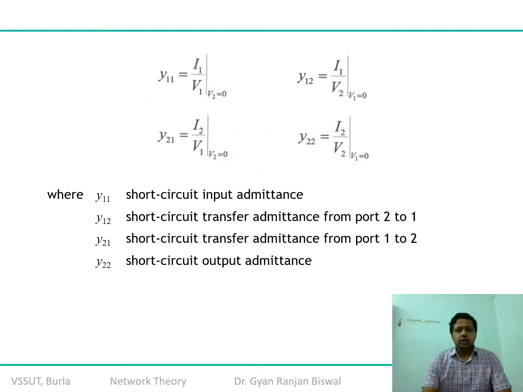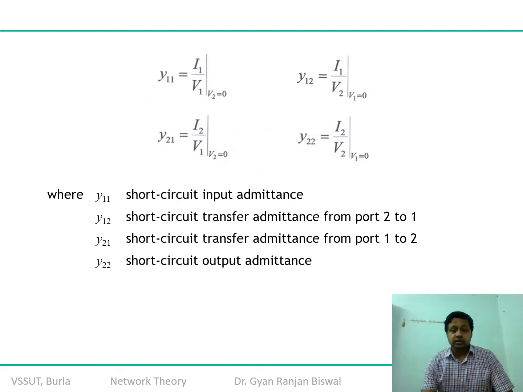And from here again the question comes: just like we tested the conditions of reciprocity and symmetry in the case of the Z parameters, as I told you in the beginning of this particular slide, can we work out the similar characteristics of the given network with the help of admittance parameters or not? Then the answer is yes.